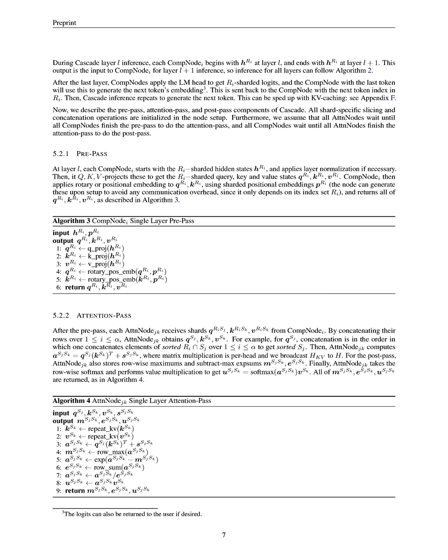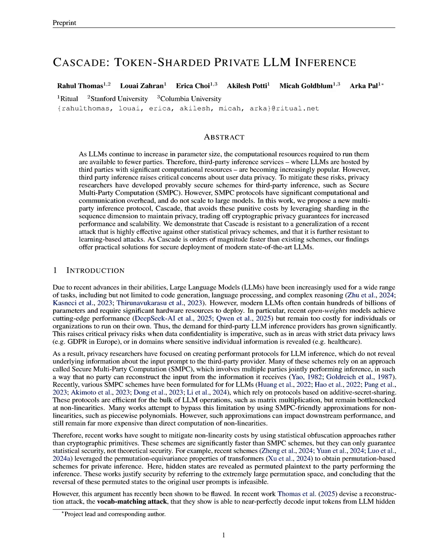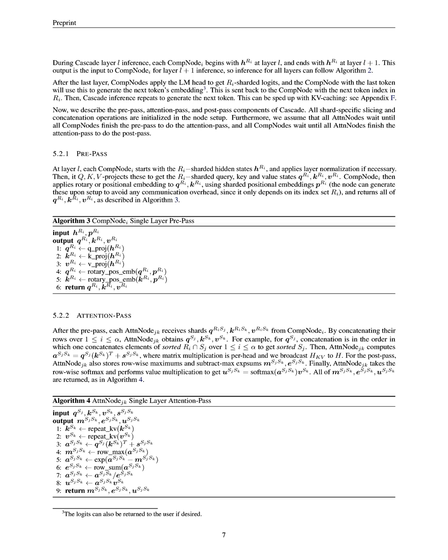The Cascade method has notable limitations, particularly regarding token security. Specifically, while it offers significant efficiency improvements over cryptographic schemes, it does not provide rigorous privacy guarantees, as it is a statistical scheme. In scenarios where utmost token security is crucial, Cascade may not be suitable because comp nodes have access to some token embeddings, which are immediately reversible to their original tokens through a lookup table. This vulnerability means that if individual token security is paramount, integrating Cascade with cryptographic methods like SMPC would be necessary